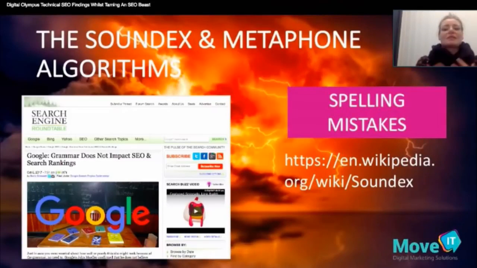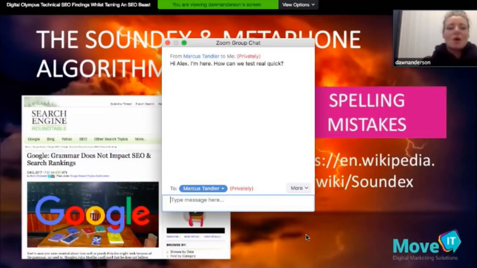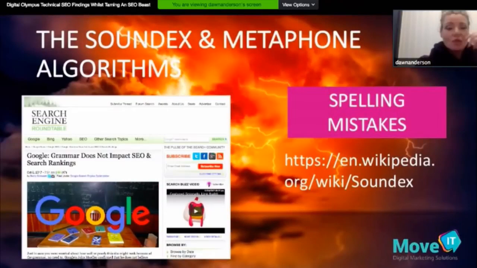But this is another thing that we thought was quite interesting. Maybe hopefully it's just a little tidbit of information. So there was quite a bit of discussion. There's always quite a bit of discussion on forums and whatnot around, does grammar impact SEO and search rankings? So I was reading quite a bit of stuff recently on information retrieval, and read quite a bit on what they call the Soundex algorithm, which actually, if you like,